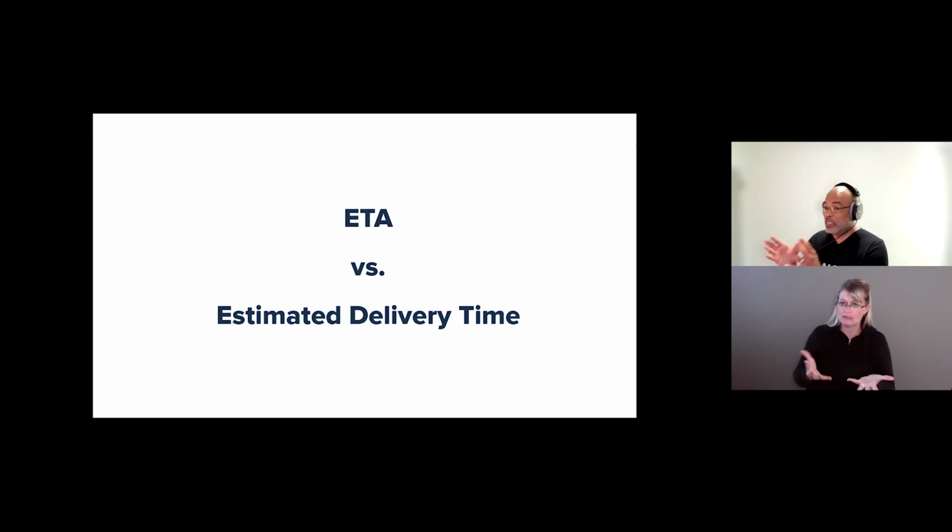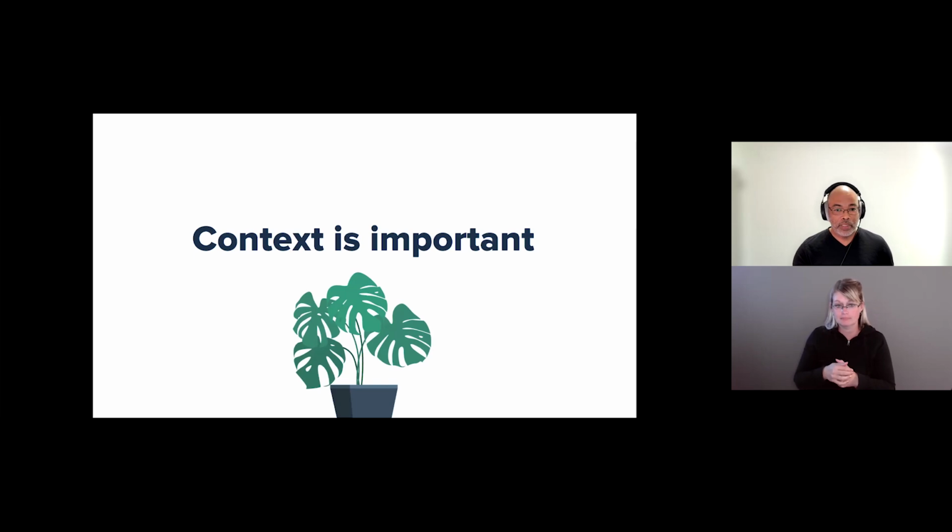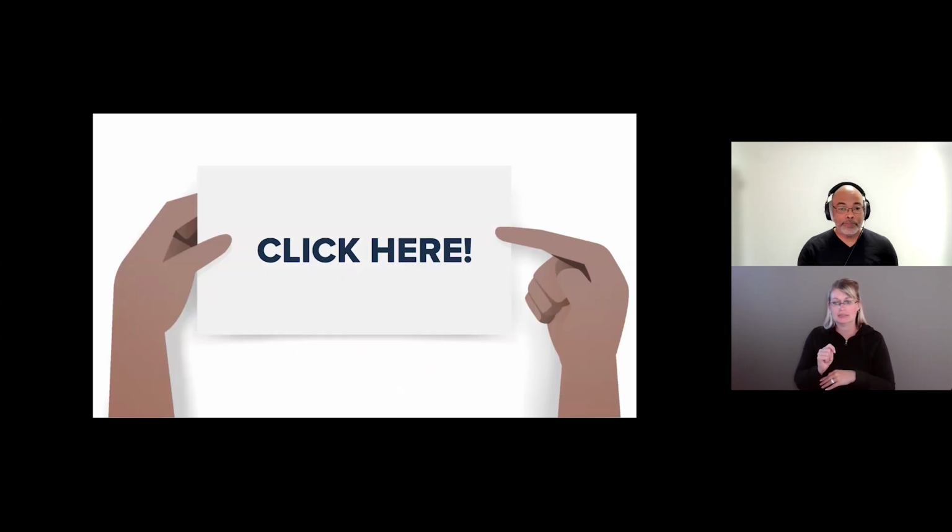If it's confusing individuals on the team, what do you think is going to do to individuals who are not on a team, our customers who are using the application on a daily basis? So design agreed, product agreed. Estimated delivery time is what they would use going forward. Context is very important. It's very important. It's easy to lose context when we don't establish it up front.